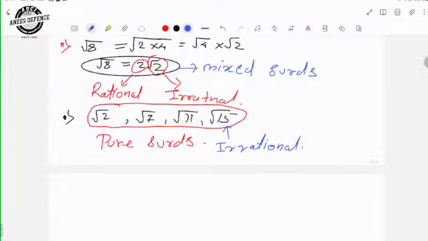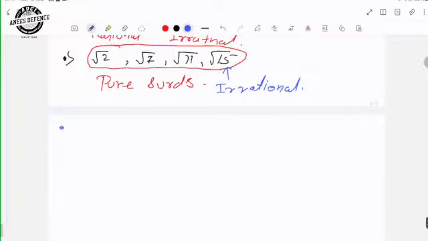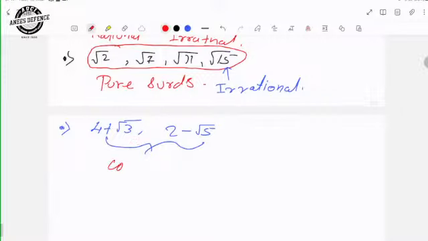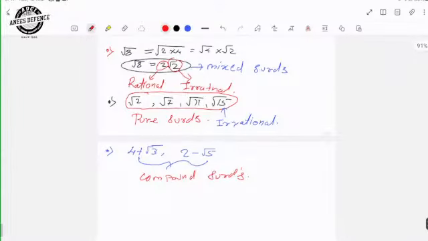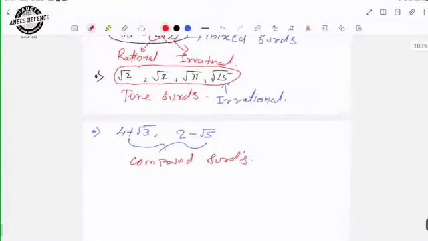जो नंबर्स आपके ब्रेक फॉर्म में होते हैं, जैसे कि 4 + √3, 2 - √5, ऐसे जो नंबर्स होते हैं, इनको अपन कंपाउंड सॉर्ट्स बुलाते हैं। समझे? ओके, इसके आगे नेक्स्ट, सॉर्ट्स के कुछ रूल्स हैं,